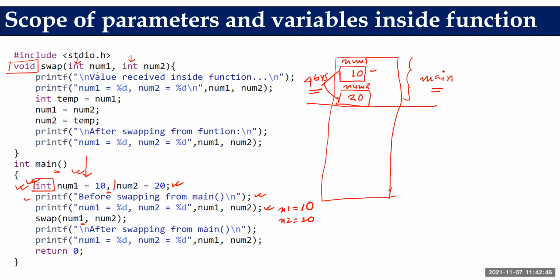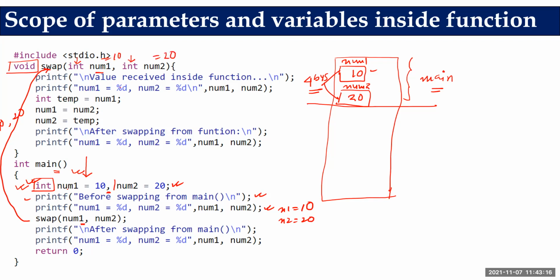We have already discussed this point. The parameter names in the formal arguments and in the actual arguments might be the same or different; it hardly matters. The only thing is that the type should be the same. So the type is the same, and there is no compile time error. It is calling the function, correct? So let's jump to that particular function. It is going with two values, 10 and 20. 10 has been allocated to num1 and 20 has been allocated to num2.